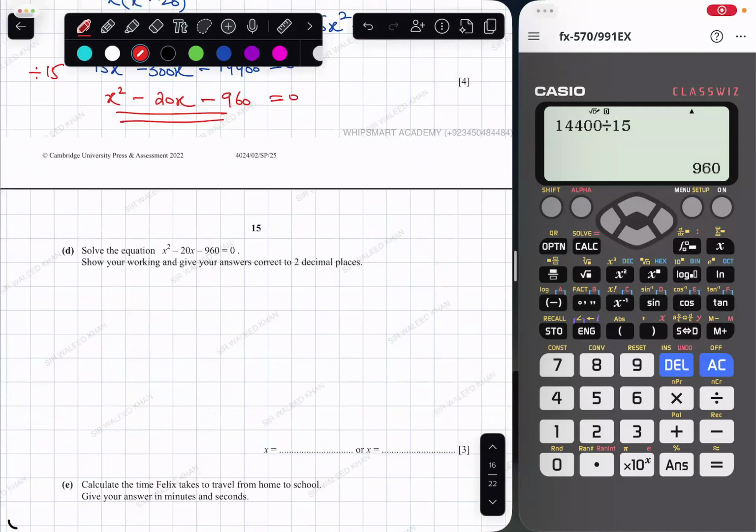Now, sometimes what happens is during the exam,